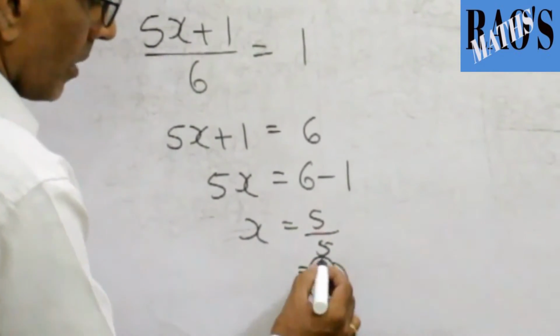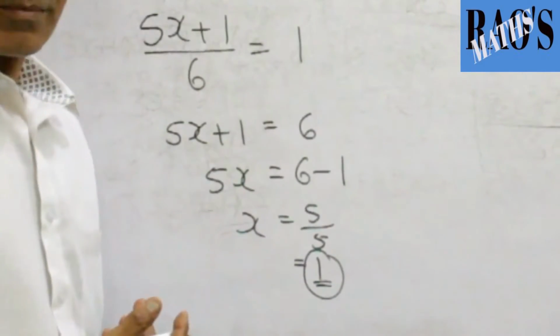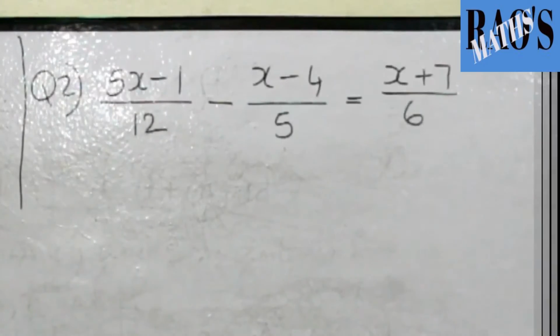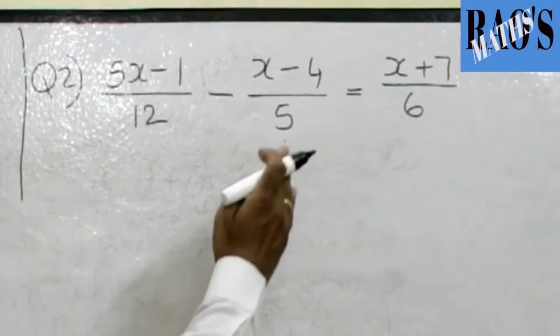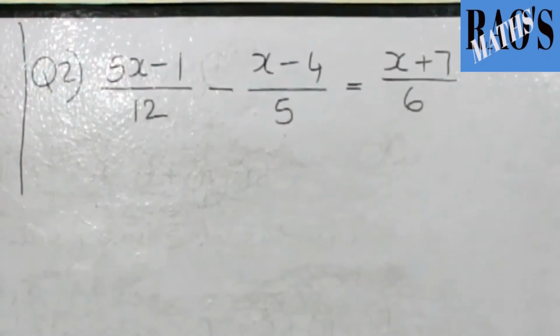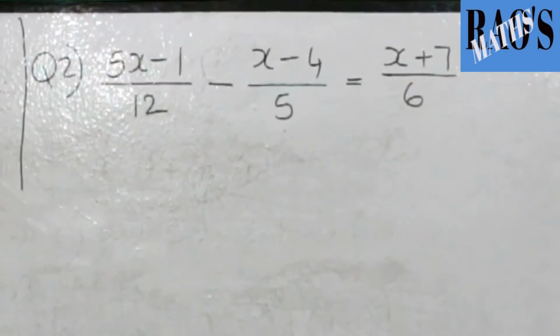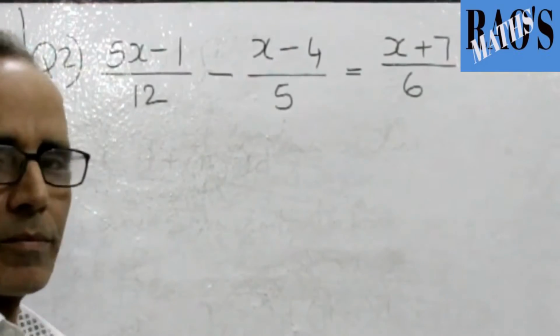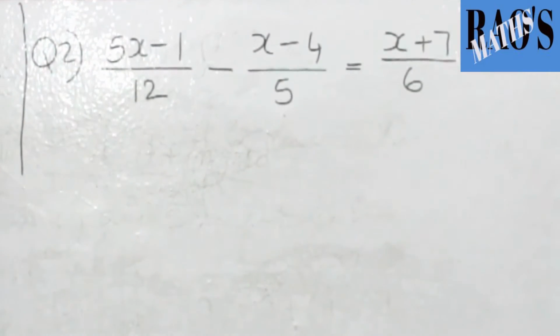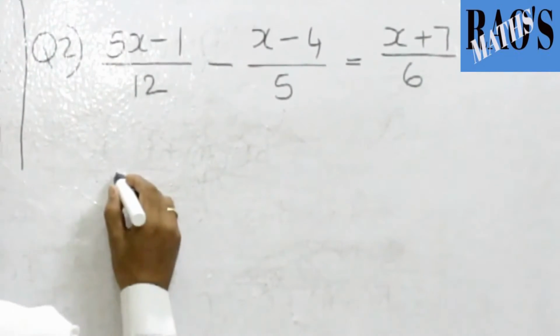Okay. And there is one more question based on the same. Let's see here. Okay, here is the next question. The same, but of course we have a fraction on the RHS, but in the previous question we have 1. Let me compute on the left hand side by taking the LCM of 12 and 5. Here also 12 and 5 are co-primes, so the product is the LCM.